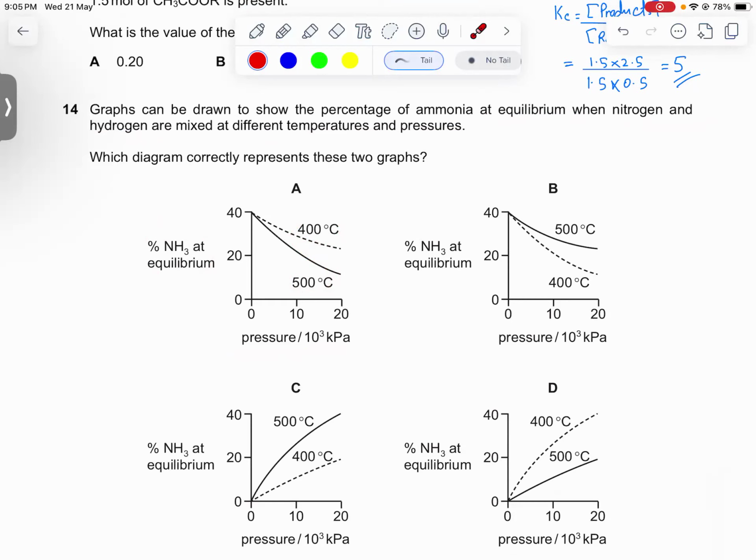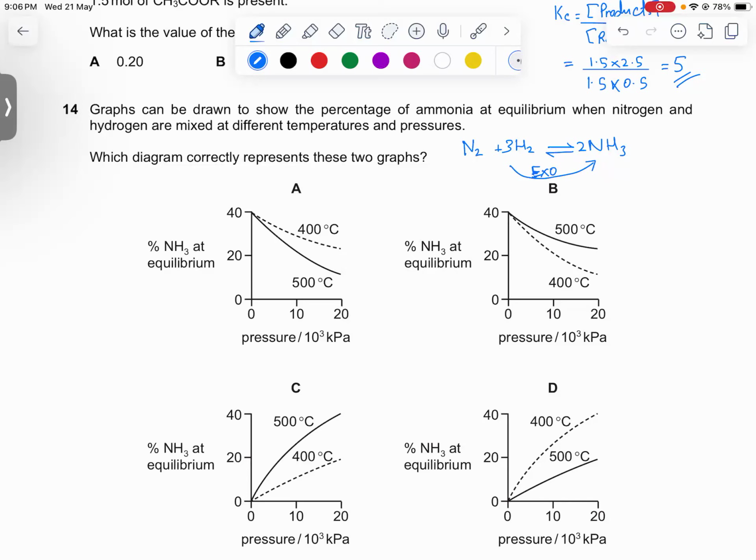How would the graph work? You would have to know the equation of the reaction of hydrogen and nitrogen. We know that nitrogen and hydrogen, when they react, produce ammonia, NH3. To balance the equation, we put a 2 over here and a 3 over here, right? Now, a few things about the Le Chatelier principle. You should also know that the forward reaction of this equation is actually exothermic.